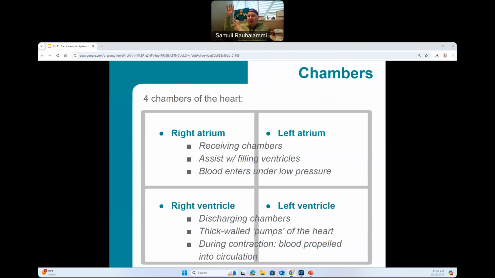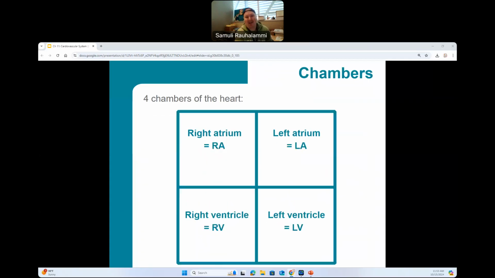So the chambers at the bottom are going to be our ventricles, so left and right ventricle, and they are responsible for pumping out blood from the heart. Therefore, these have a very thick wall in comparison to the atria that we saw earlier. And this blood goes to the circulation via blood vessels, and we'll have a look at those blood vessels a little bit later. But at this point, we have this 4-chambered appearance of our box diagram of the heart. Let's return back to that.